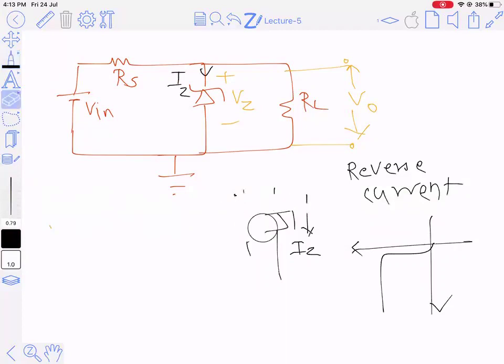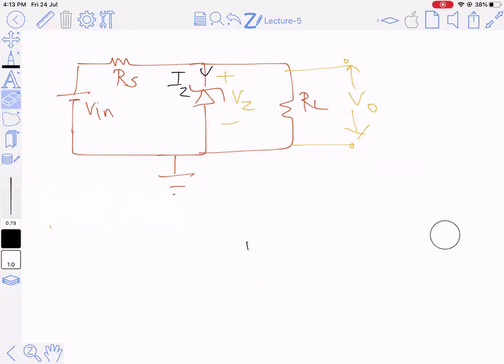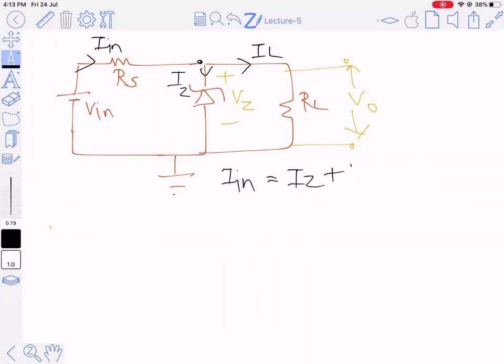If you look over here, I can just apply a simple KCL and tell that the current at this particular point is splitting into two branches. I say that the current over here is II. So II at this particular point gets split into one, which is Iz, and another current, Il. So I can write II is nothing but Iz plus Il. Is this clear?